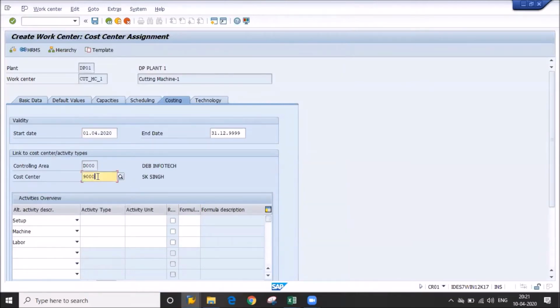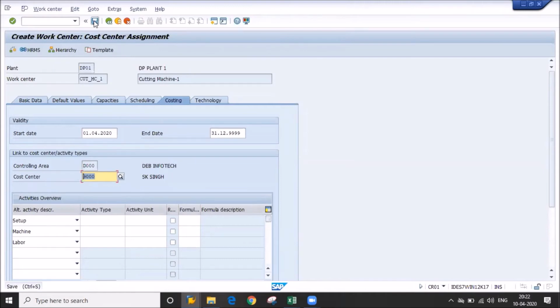Okay, so I'm giving one cost center, 9000, that will be used for production. Now I am going to save it. This is the one PP-CO integration.